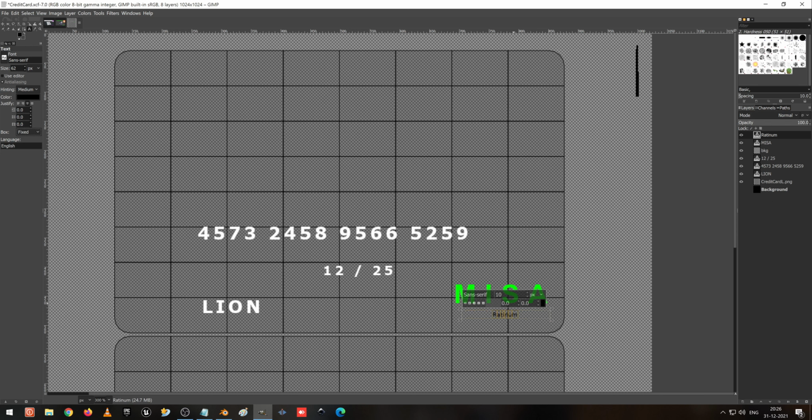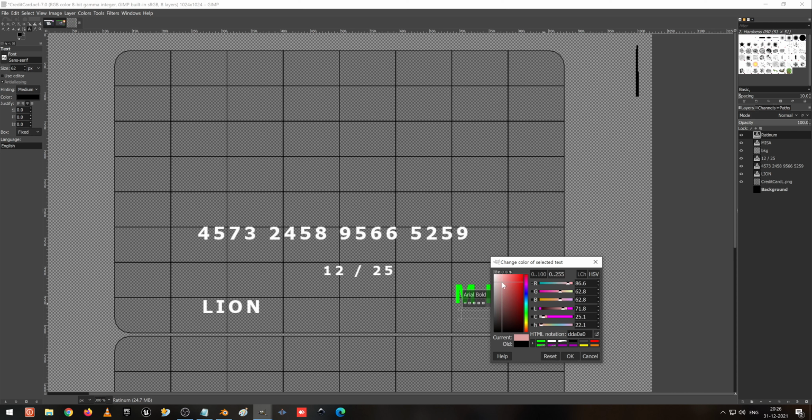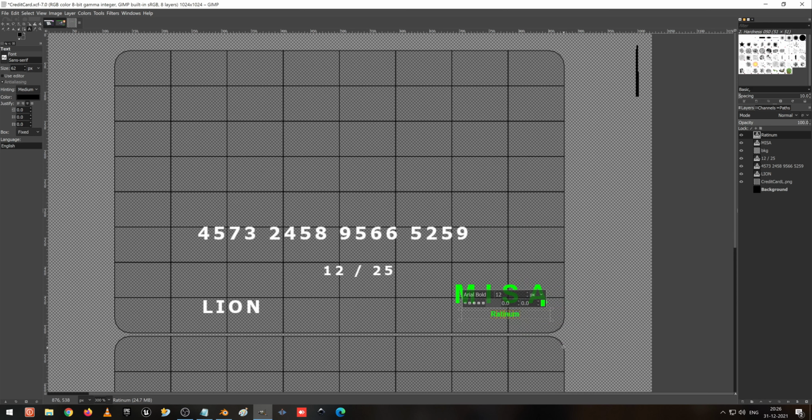So I increase the font now. I make it the same Arial Bold and I'm going to change the color to the same color I last picked up. Platinum, and I give some more spacing for this. Okay, right, and I go to the move tool, and I'm going to move this one a little bit here. I save it.